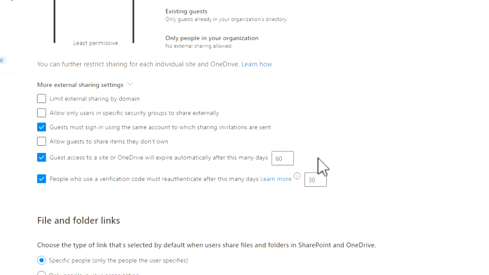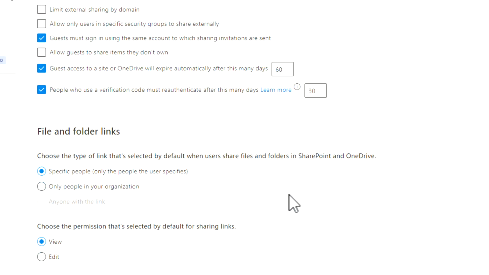People who use the verification code, we'll see this here in a minute with the user experience, mostly going to happen with our G Suite users, third-party users who are authenticating that don't have a Microsoft account, with a verification code in their email. But again, this is another one just for a model of least privilege to have them re-authenticate. Again, depending on the business use case, if you have an organization that communicates with a bunch of Gmail users or third parties that don't have Microsoft accounts, you may want to bump this one up just because that would get really disruptive. And then like I mentioned here, file and folder links by anyone,